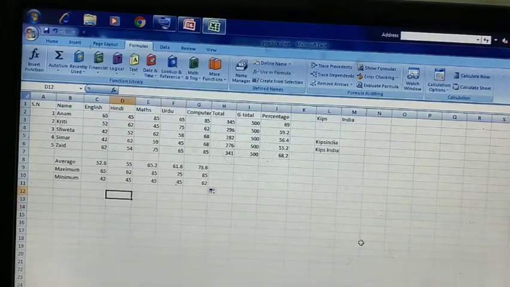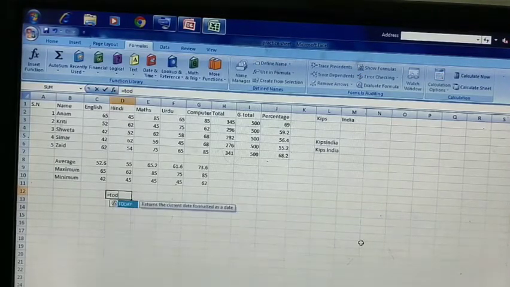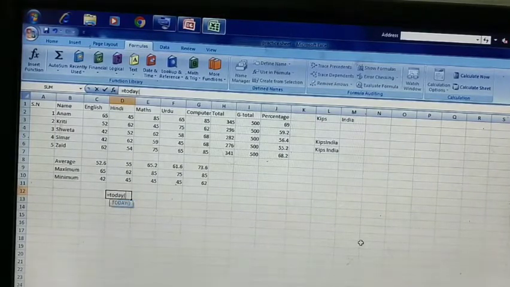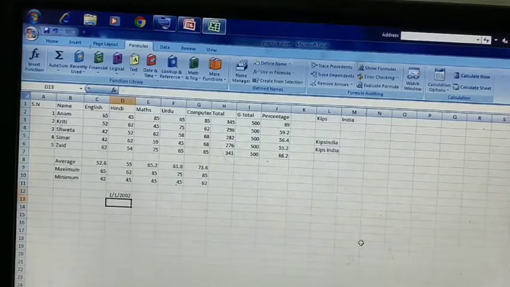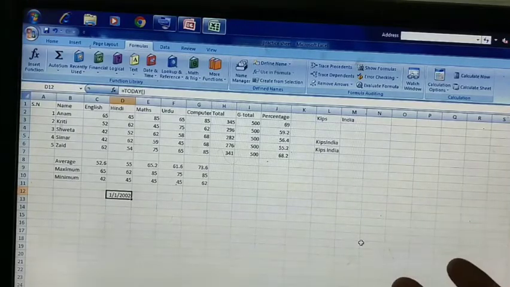Now next is, if you want to enter the date anywhere in your document using a formula, how will you enter? Equal to TODAY. It is also a function. Then bracket start, meaning parenthesis start and parenthesis close. In between you need not write anything. Press the enter key. So 1/1/2002 is just the date in my computer, that's why it is there, otherwise the current date will be there.